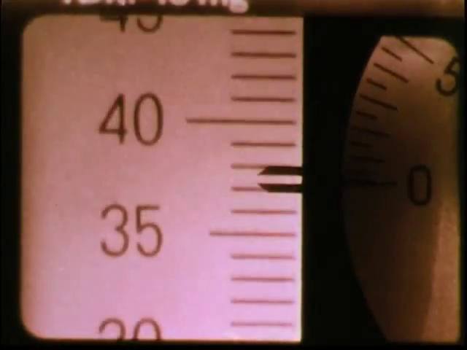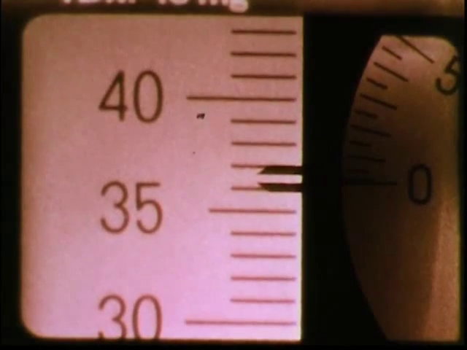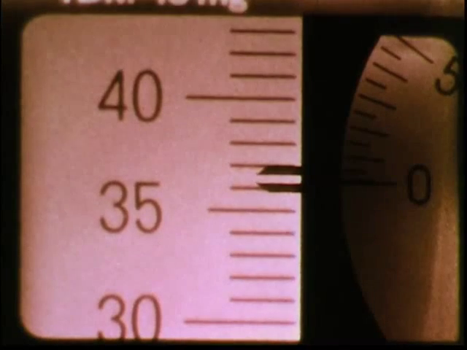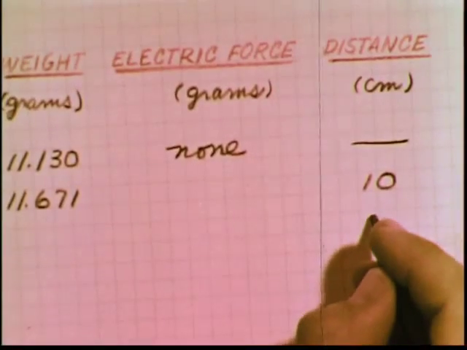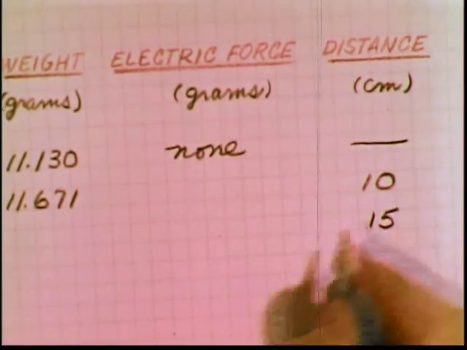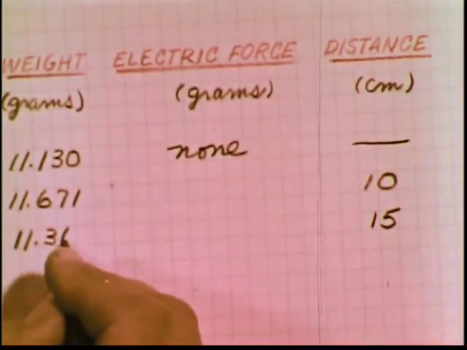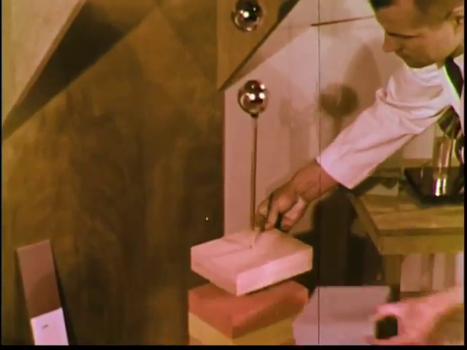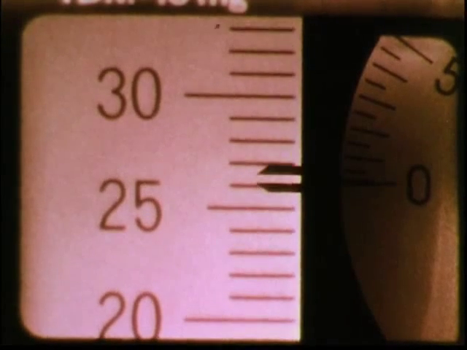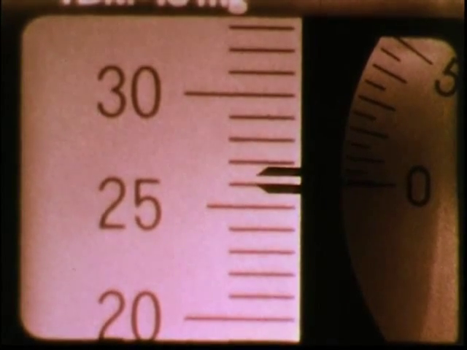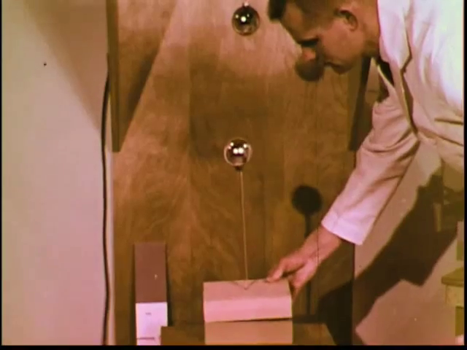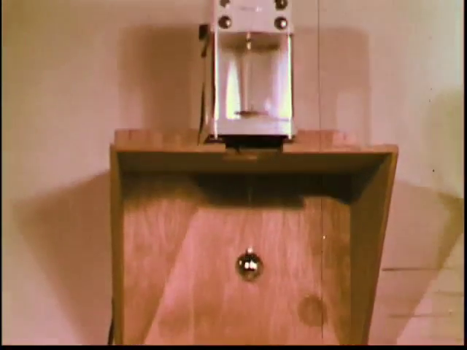The reading decreases with the spheres farther apart to 11.364 grams. Increasing the separation to 20 centimeters gives a balance reading of 11.263 grams. Finally, let's separate the spheres by 30 centimeters. The balance reads